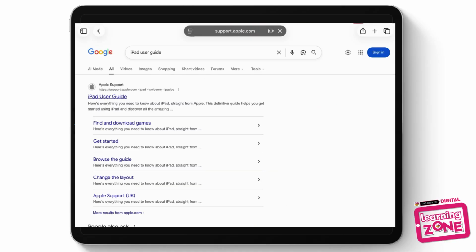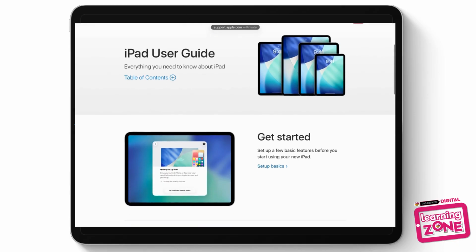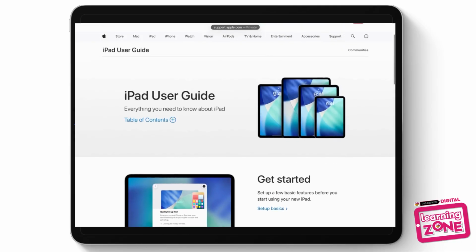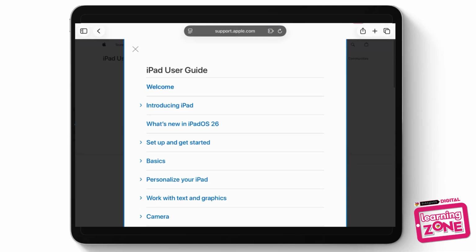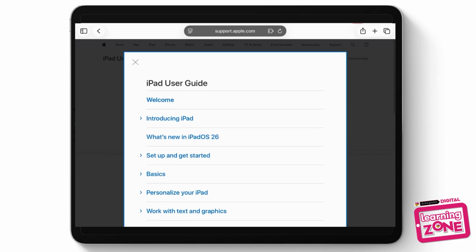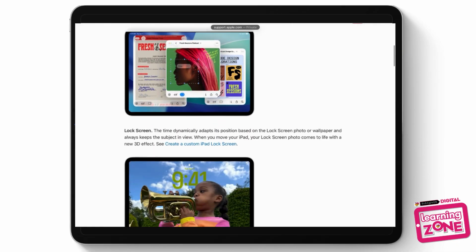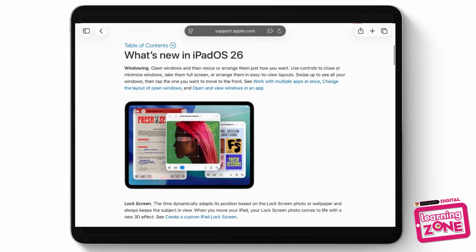So if I tap on the iPad user guide, which I would highly recommend, this is kind of the old booklet that you used to get with your devices, but now it's all done electronically. So in here, it goes through everything you will need to know about your iPad. And if you tap on the table of contents, it will go through and tell you everything. So for example, what's new in iPadOS 26, you have all of that information there for you,